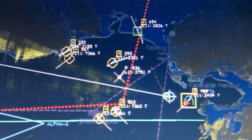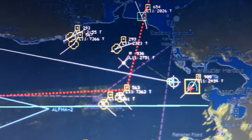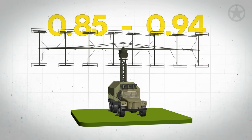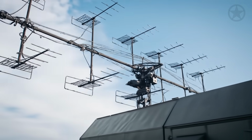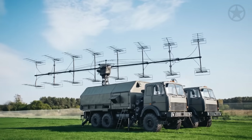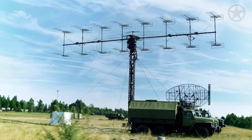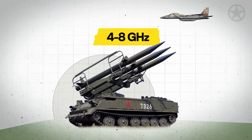And the jammer is so smart that it even has pre-programmed defenses for the most likely encountered threats. For example, the P-18 in Tyre operates between 0.85 and 0.94 GHz. Old school VHF that's actually harder to jam than modern radars because of its long wavelength. However, the EL/L-8222 has specific programs for Soviet-era systems, which exploit known vulnerabilities in their signal processing. The SA-6 battery 20 kilometers away operates in the 4 to 8 GHz range that the 8222 defeats by